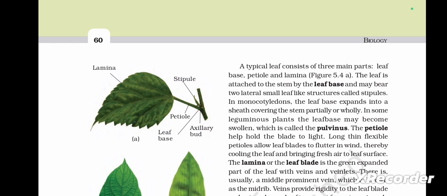leaf-like structures called stipules. In monocotyledons, the leaf base expands into a sheath covering the stem partially or wholly. In some leguminous plants, the leaf base may become swollen, which is called the pulvinus. The petiole helps hold the blade to light. Long, thin, flexible petioles allow leaf blades to flutter in wind, thereby cooling the leaf and bringing fresh air to